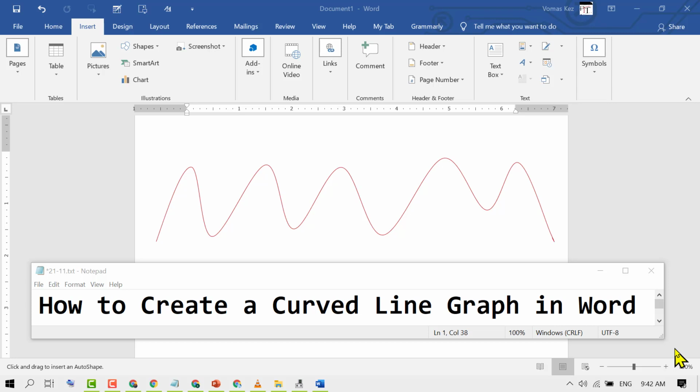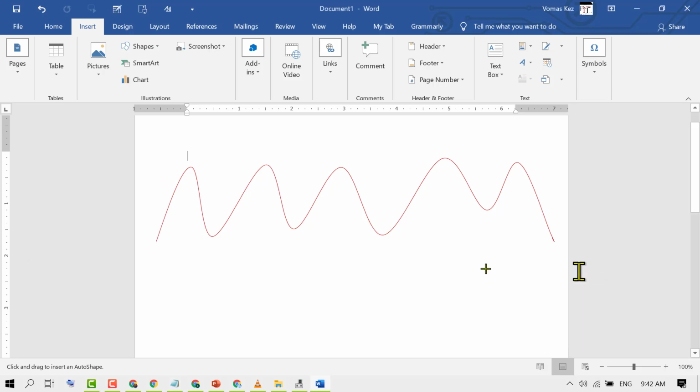Hello guys, today in this video I'm going to show you how to create a curved line graph in MS Word. So to create a curved line graph like this, firstly you need to